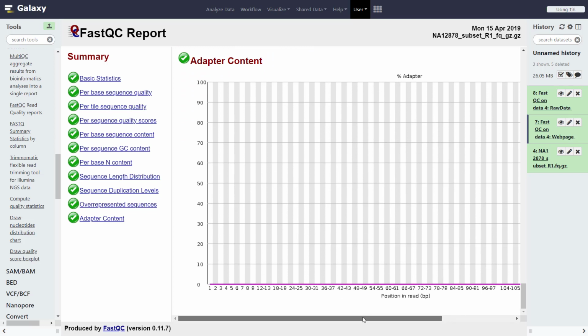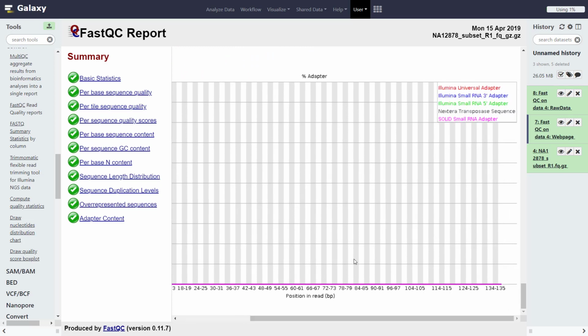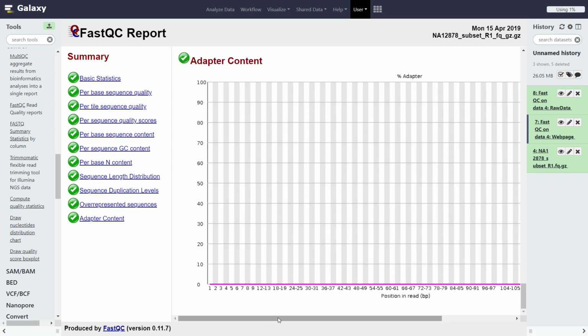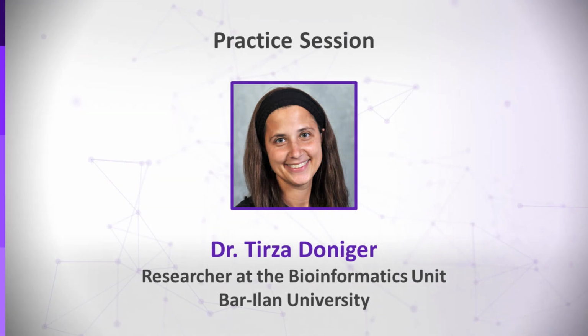Finally, using a list of commonly used adapters, FastQC checks to make sure that your library is free of adapter content. Generally, after FastQC, if the reads were found to contain some kind of primer sequence or low quality bases, we may first need to trim or remove some of the sequences. But once we've established that the sequence quality of the library is adequate, we may now proceed to the next stage, aligning the sequences to the genome, which we will visit in our next segment.